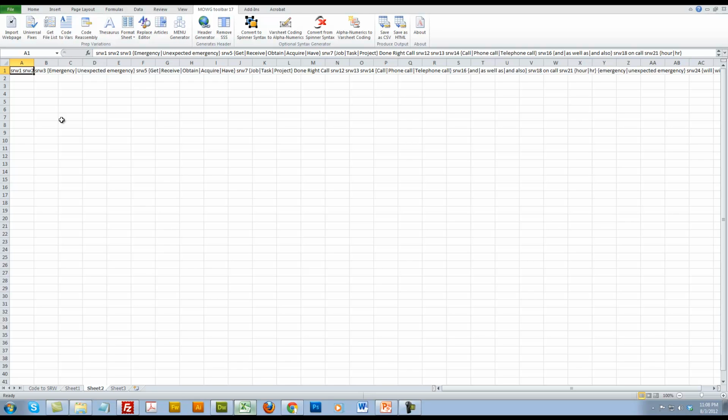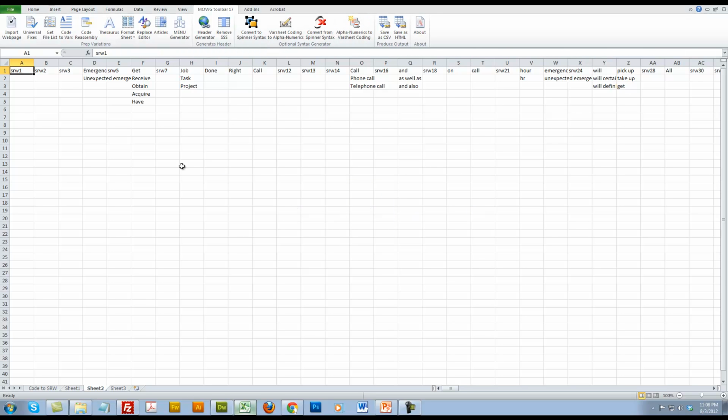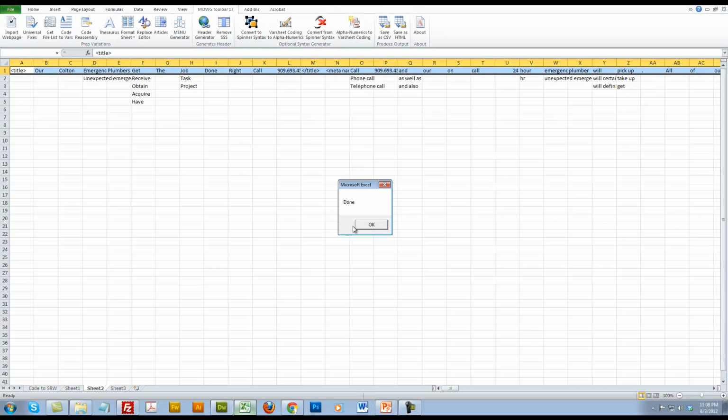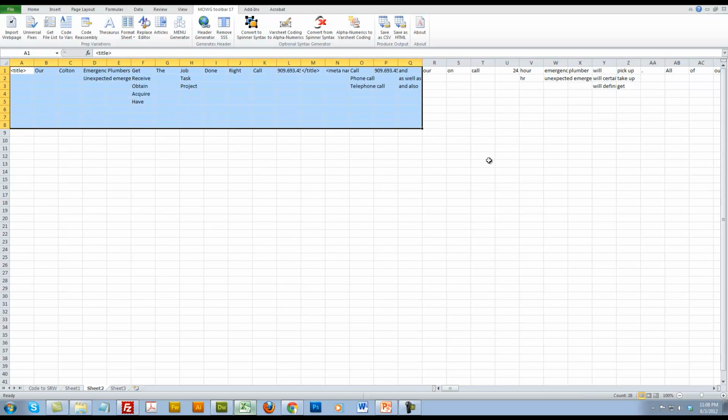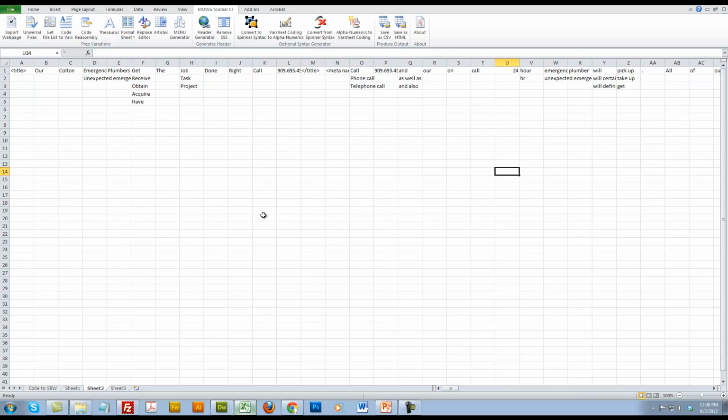That's what we want. Now we want to convert this because we can't have it in a single row. We need to have columns. So we're going to hit the convert from spinner syntax, and that's done. Converted it all. Now we need to get rid of the SRWs. So we're going to do alphanumerics to var sheet coding, and that's done. And you can see that everything looks great here. So after that, I want to save real quick just to be safe. So save it. Top left corner, the little floppy disk icon,